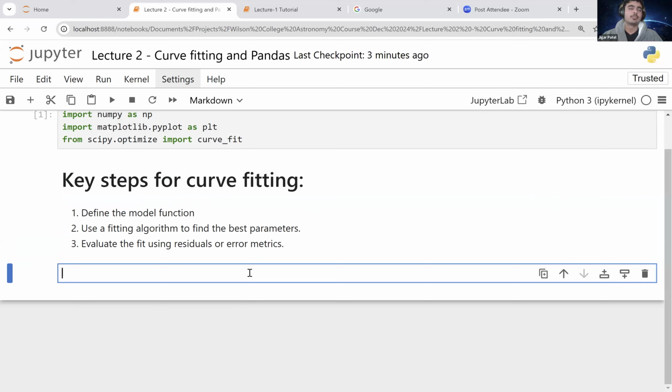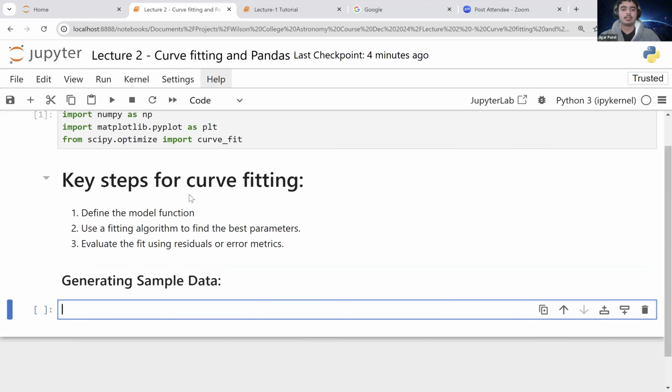A linear model is nothing but y is equal to mx plus c. In this case, suppose we have a random distribution of data, but that follows a linear kind of line. So how would we do that? We need to make a sample data first, generating sample data. With that done, I'm going to write sample data here as